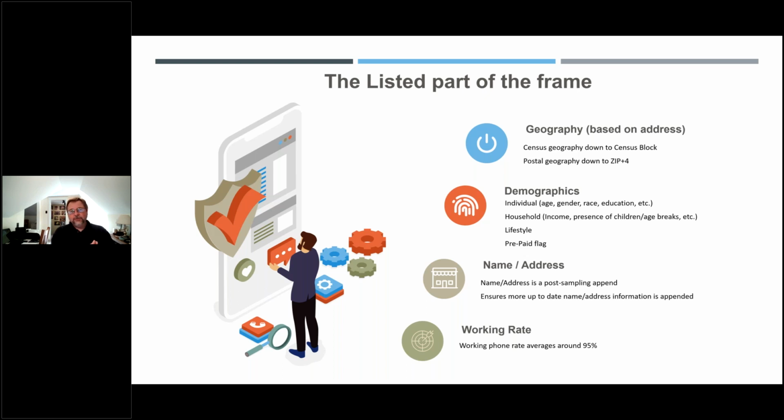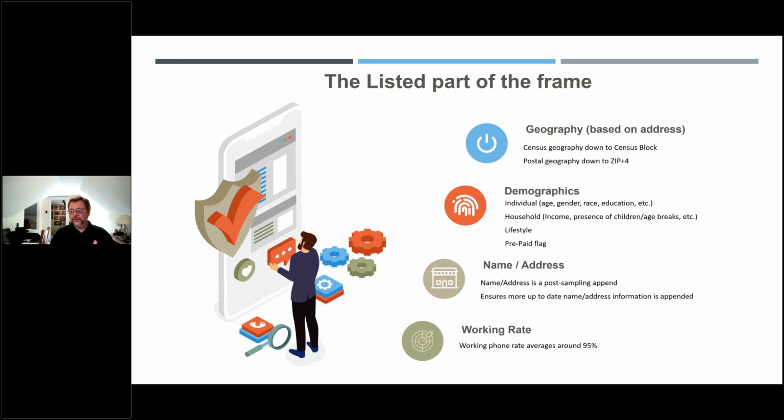As I mentioned, we do have name and address associated with, again, in the listed frame, 244 million telephone numbers. However, in our process, the name and address is a post-sampling append, which means that in the advanced cell phone frame, we have indicators that there's a name and an address available, but we don't actually append the actual name and address until after the sample has been selected. And we do this